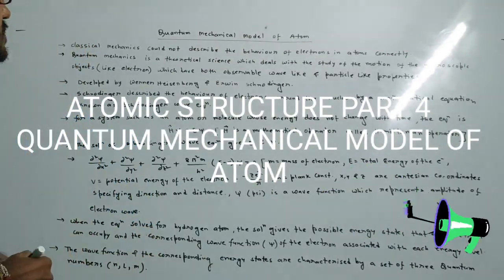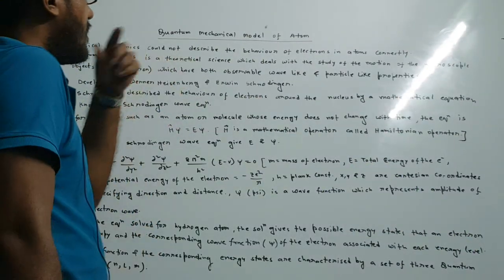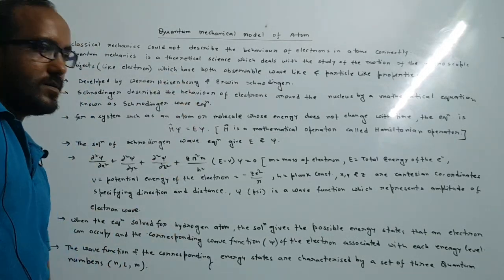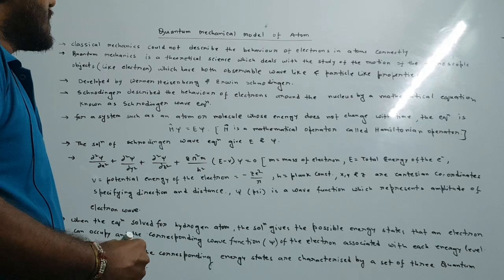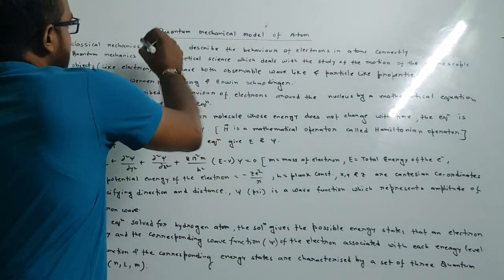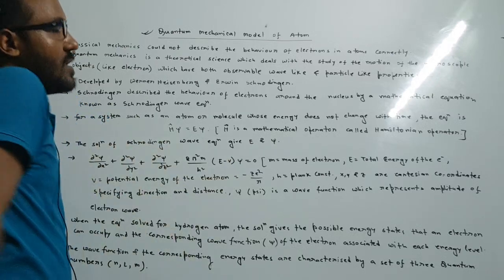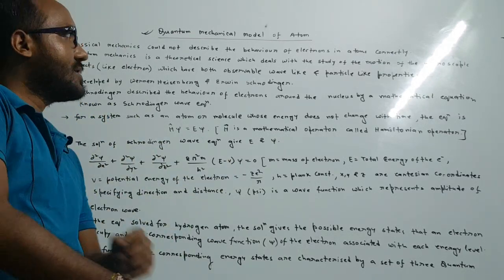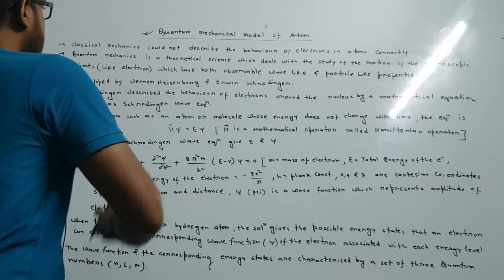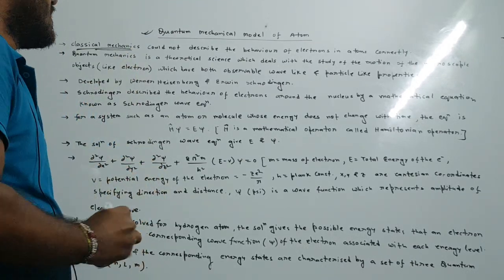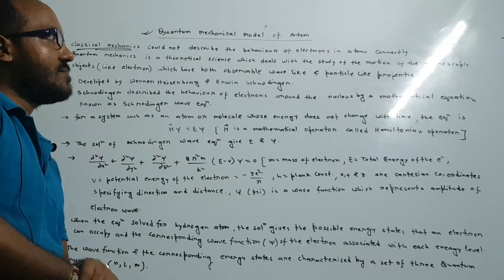Hello everyone. Today is the continuation of atomic structure, and this is the last part of our atomic structure lecture. Today our topic is the quantum mechanical model of the atom. Till now we have seen the classical approach to the atom, where we have learnt various theories and various probabilities